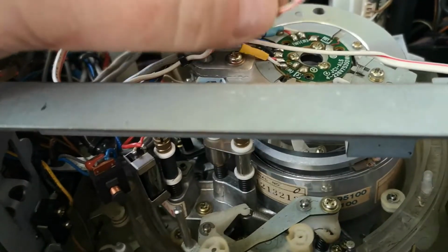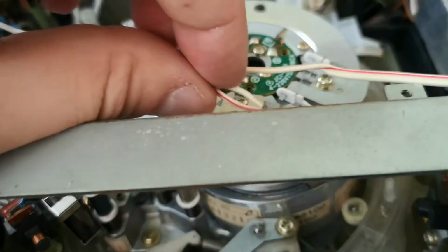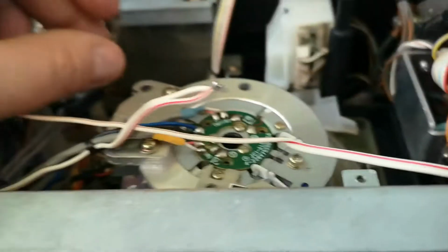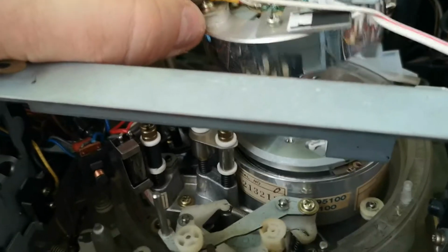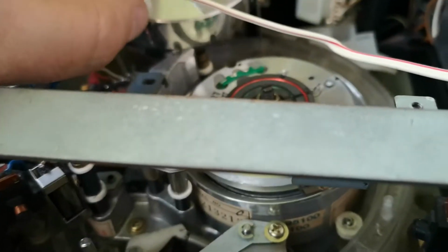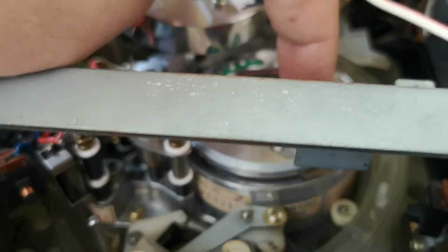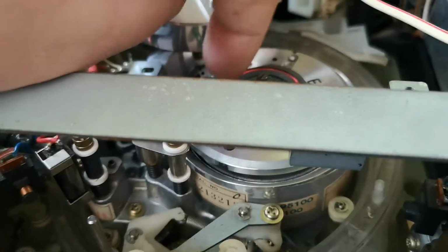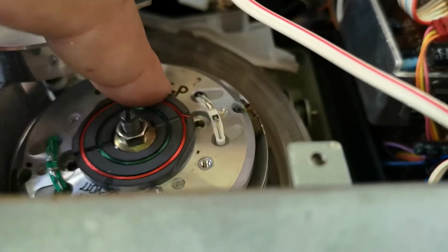And also it looks like, yes, that is from this moisture sensor, so we'll need to replace that. That just literally plugs into this board here, but that will need to be replaced. There's an earth strap here which needs to go on, and let's check the head disc. So actually it does look like there is, yeah, there's a bit of damage on this head disc as well by the looks of it, so that's going to be a little bit more involved than I first thought, but